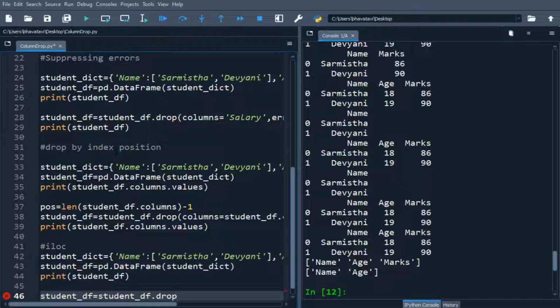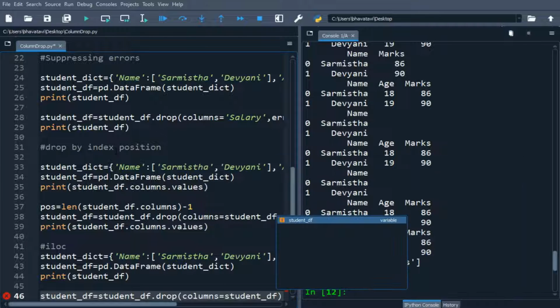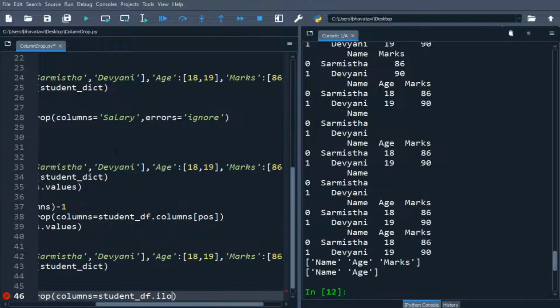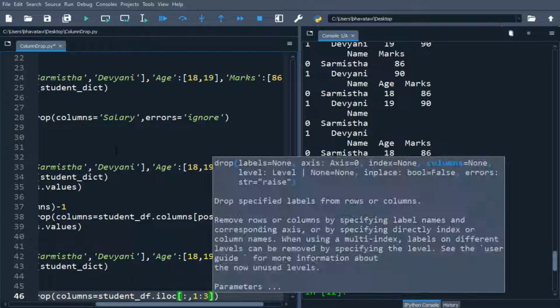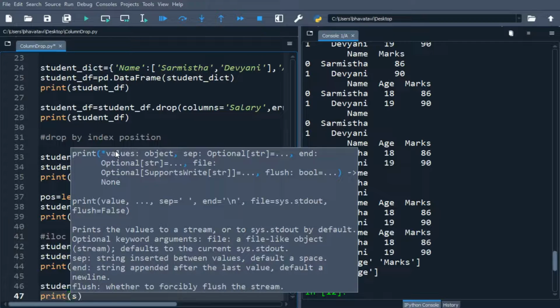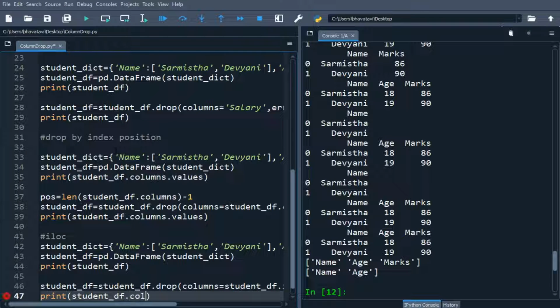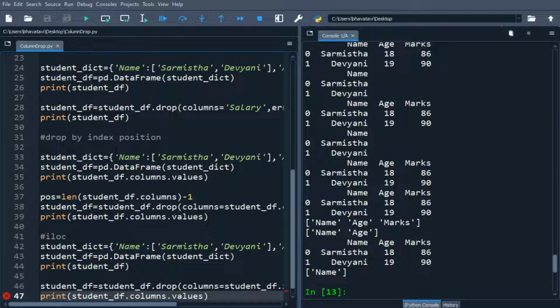Okay, and then columns equals student_df.iloc, and then I am going to put the range from 1 to 3. Okay, I'll print the student_df.columns.values. So you can see only name is being left out.